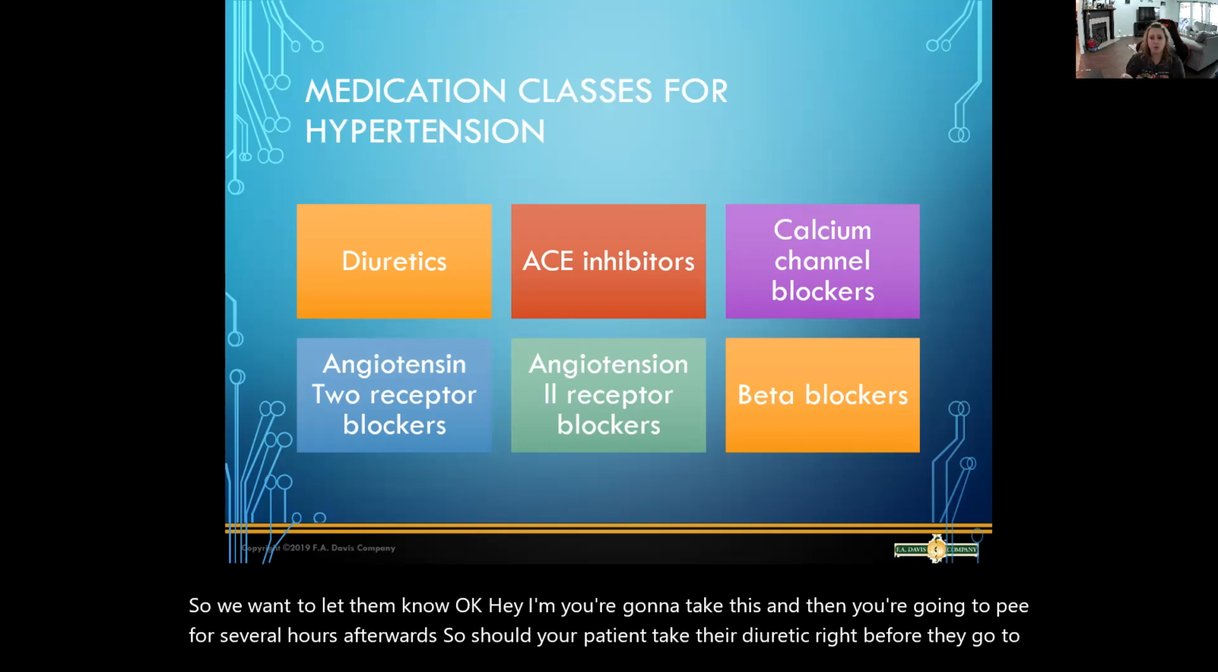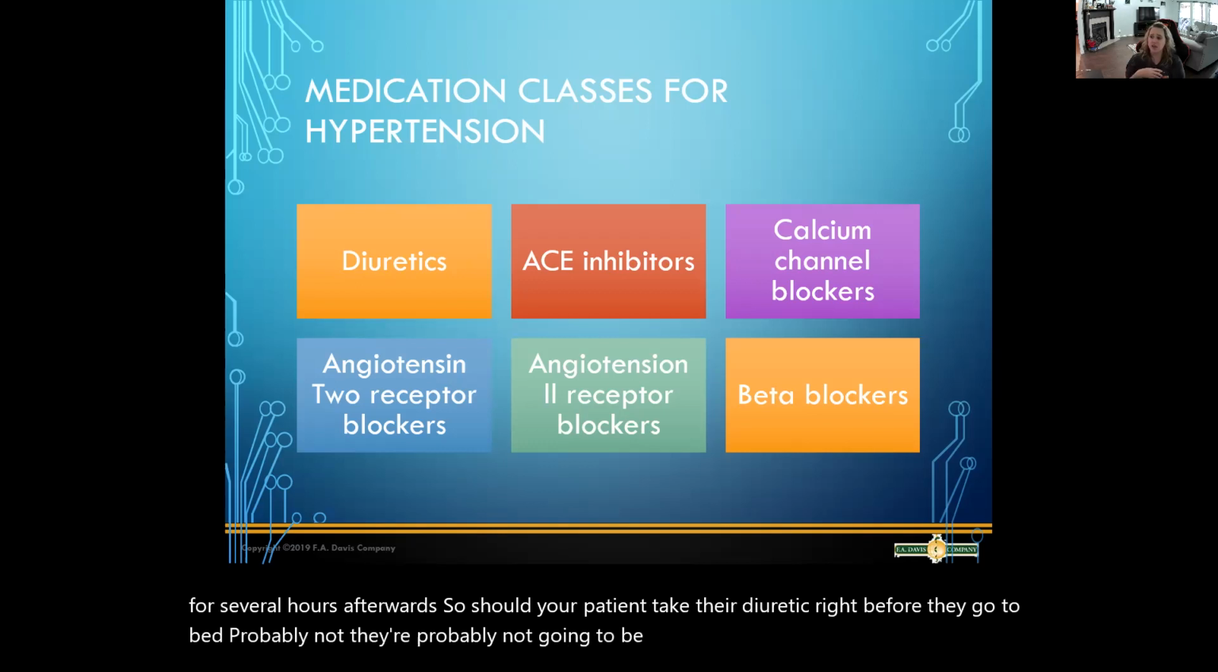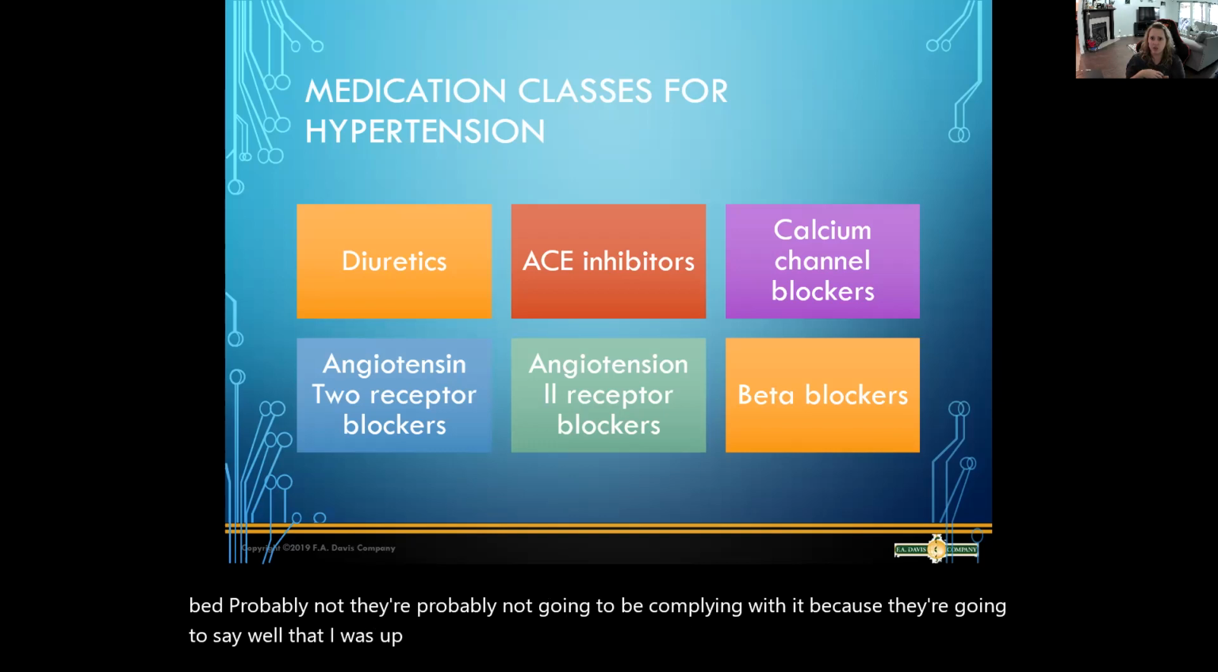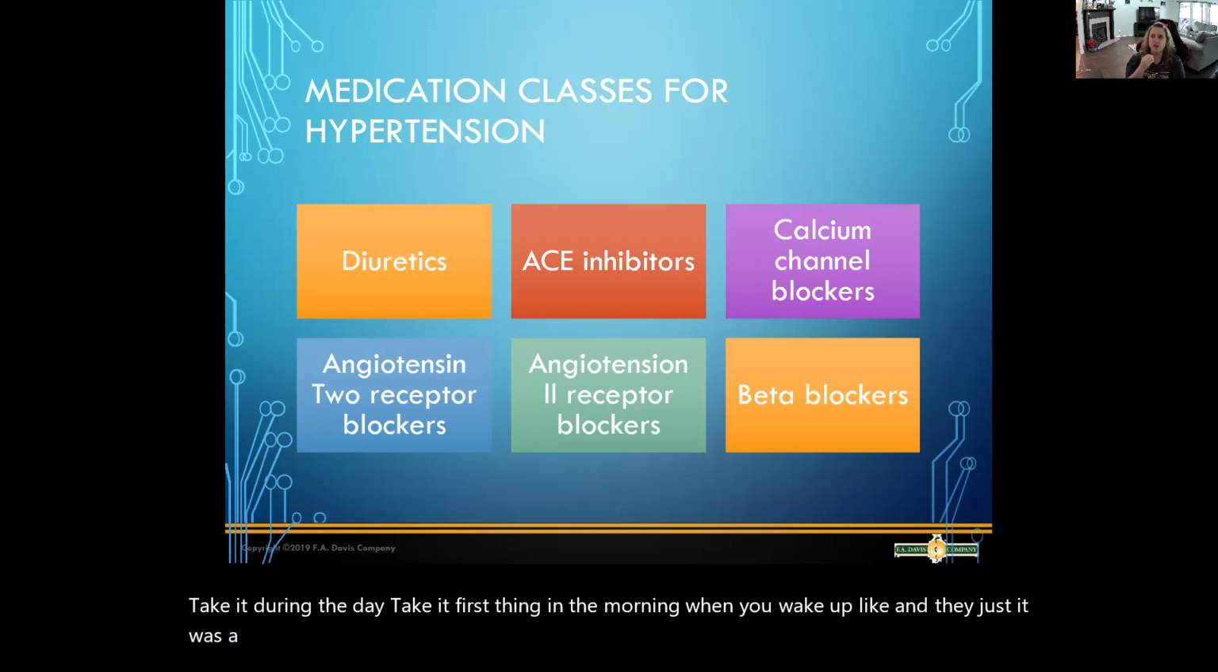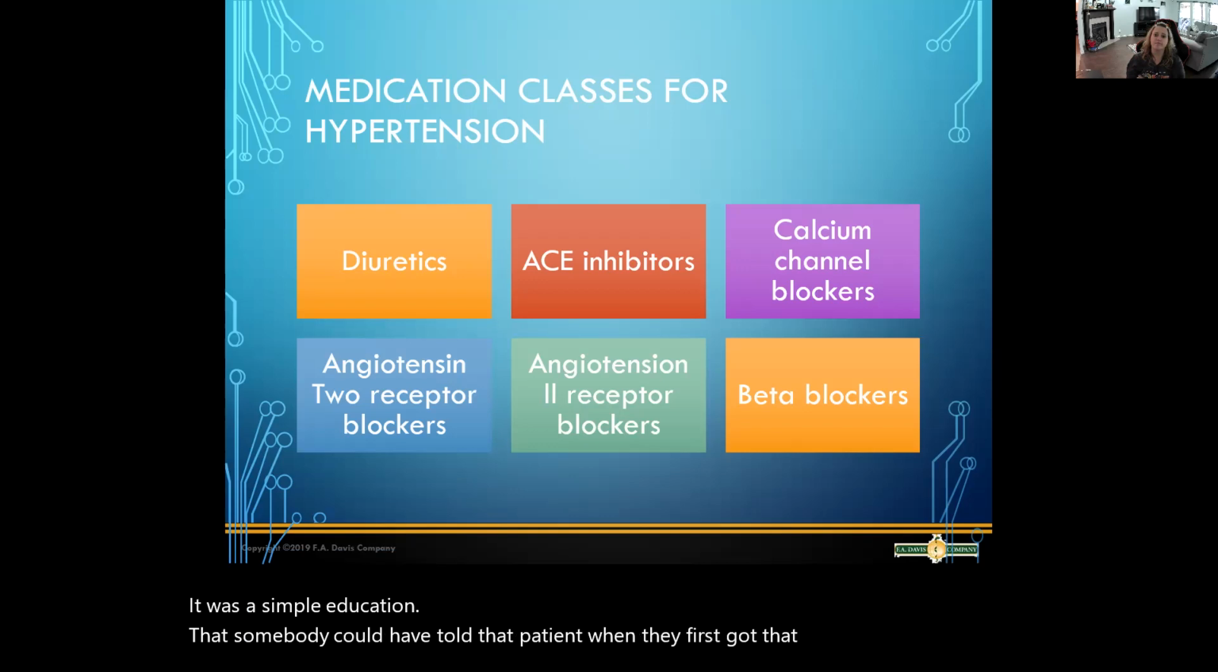Probably not. They're probably not going to be compliant with it because they're going to say, well, I was up all night with that and I can't take that medication. I've heard that so many times. And we're like, okay, take it during the day. Take it first thing in the morning when you wake up. And it was a simple education that somebody could have told that patient when they first got that medication: don't take it at night. So simple, guys,